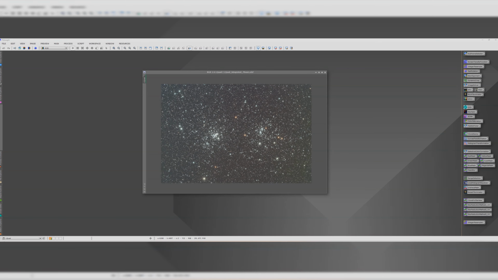This one should be quite speedy because it's just some broadband data here. It's 7 hours of broadband L-Quad Enhance data on the double cluster, taken as always from my Bortle 8 city centre back garden. But star clusters like this are fairly bright, they pierce the light pollution, so we don't need very long integration